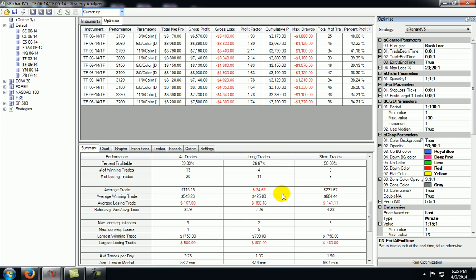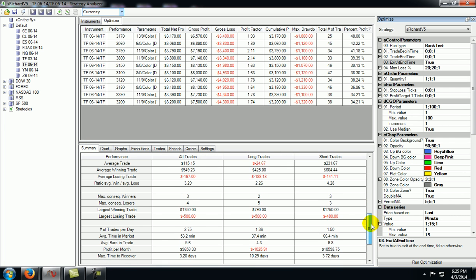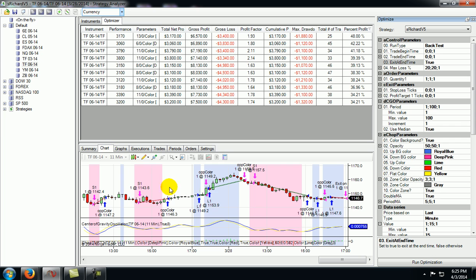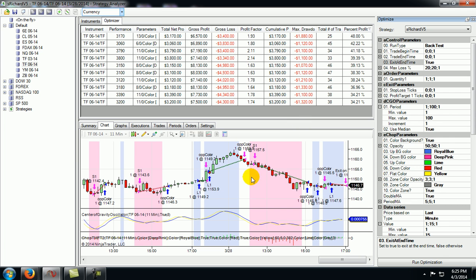But we'll look at that. We'll also look at the maximum adverse excursion, and something you have to keep in mind here is that this is an average. If you look at your charts, to physically verify that this is all working properly, you can see that in some instances you could have a $400 drawdown,